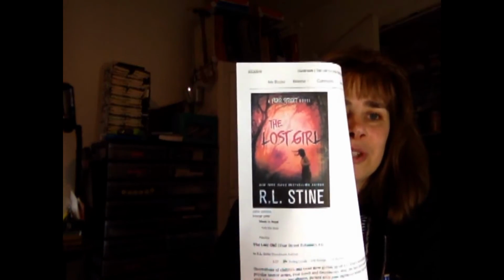So now book 3 was released only outside the U.S. And book 3 I just ordered. It's coming in the mail. I'm assuming like 2 more weeks from now, so it's going to be one of my book hauls. The name of the book is The Lost Girl, and it looks like this. So this is book 3, and I already ordered it, so it's coming. It's horror, young adult, fiction, mystery, thriller, children's, and it's his relaunch series. So I will read the little blurb,